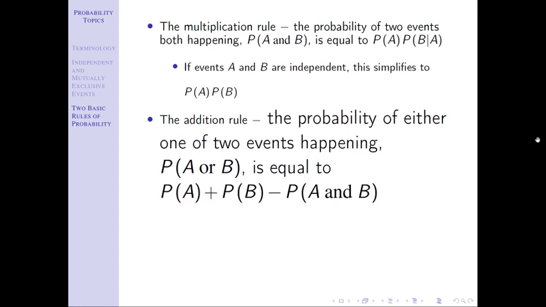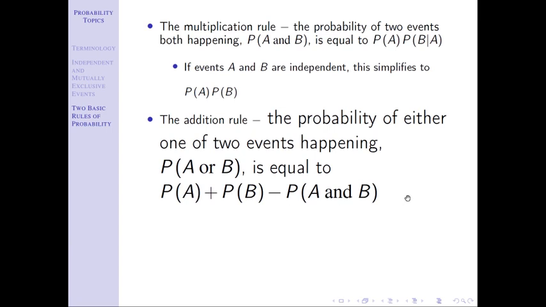Because the probability of A includes A and B, because A and B is when they both happen. So by definition, just the probability of A includes all the times where A happens and B doesn't, and the times where A happens and B does, right? So this is included as a subset within this. It's also included as a subset within this, because this is the probability that B happens. Well, that's made up of all the times that B happens and A doesn't, along with all the times that B happens and A does. And so now I've counted the times that B happens with A and the times that A happens with B. Those are the same thing twice. Got to get rid of them once.